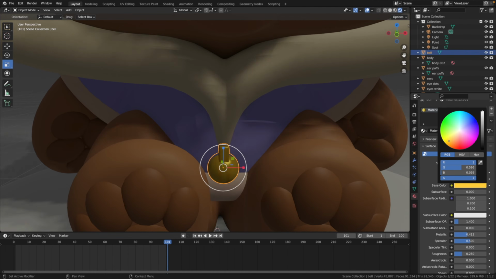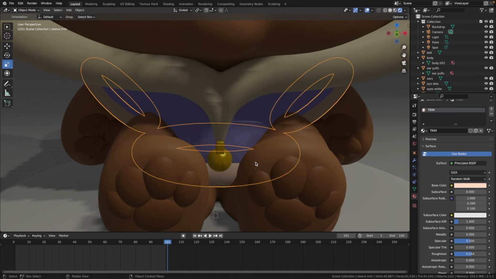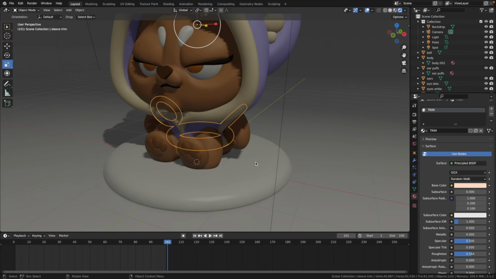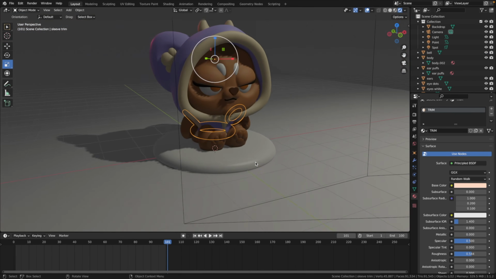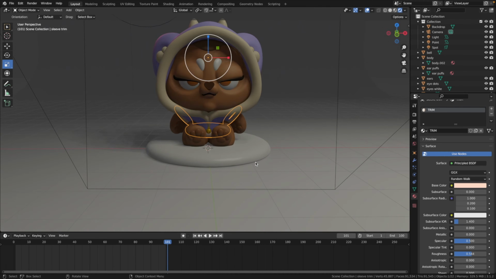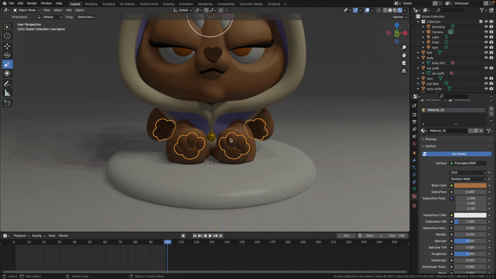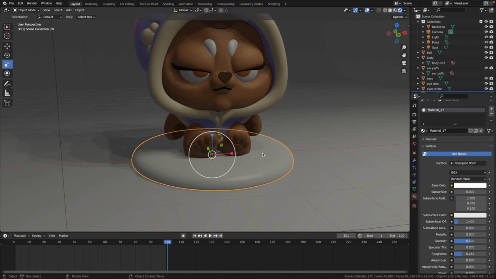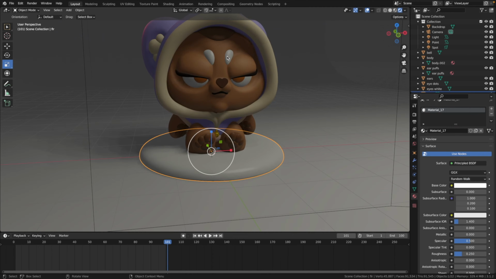I actually don't know. I like it. I think I want to make these a little more chocolatey. And these,